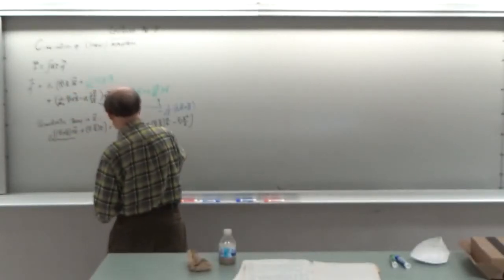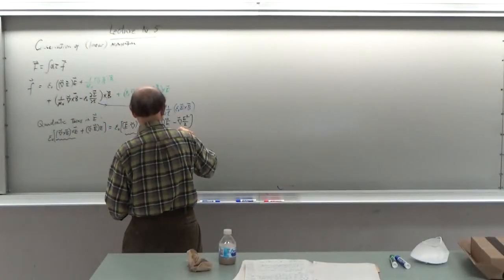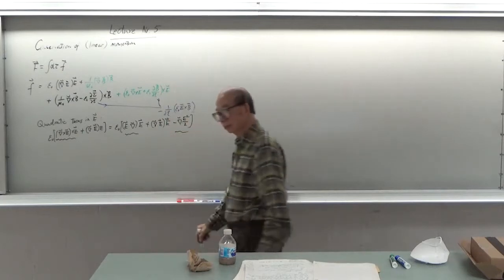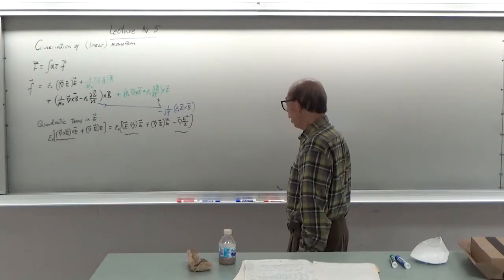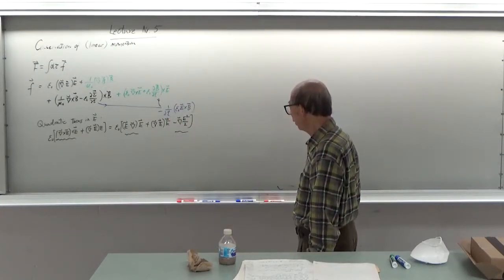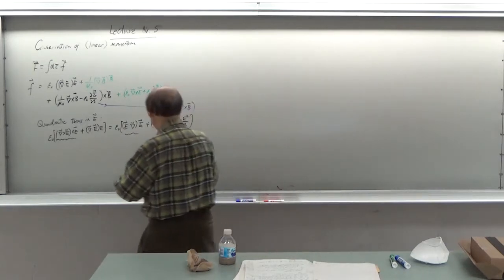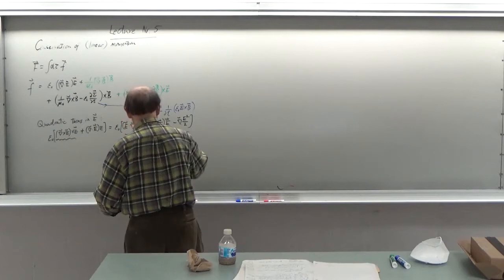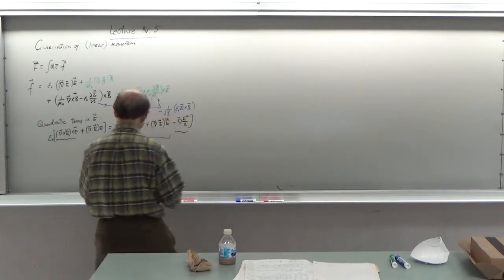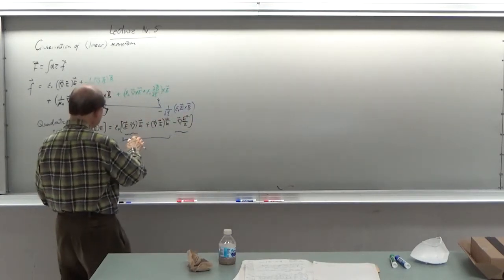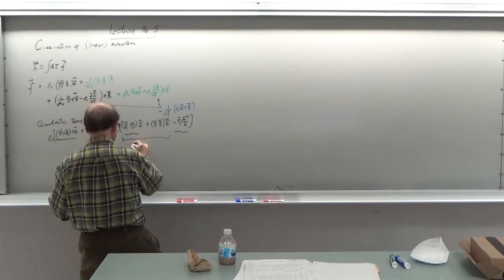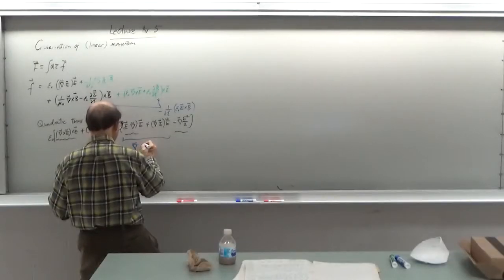It's nothing but the sum of this and that. Now, let us start from here and combine these 2 terms. Namely that I can combine them into the form divergence of